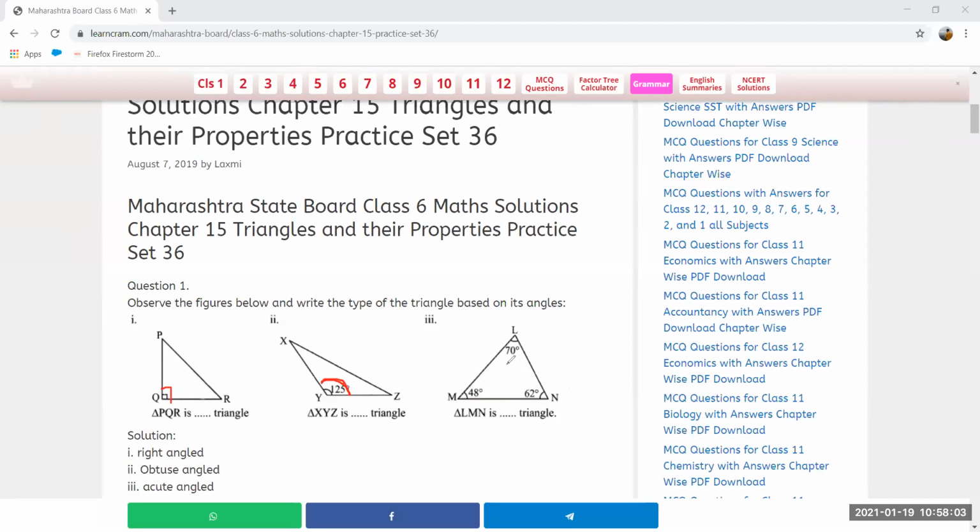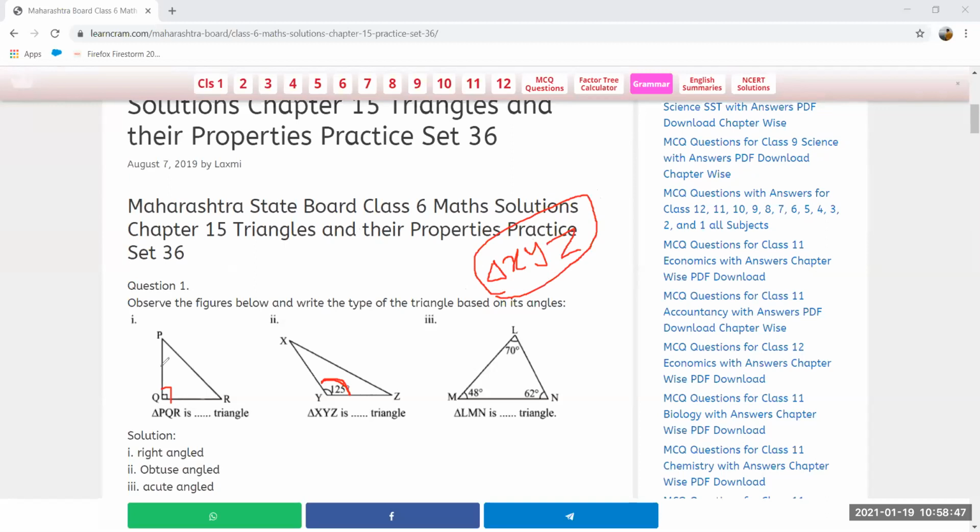Okay. So see students, here this triangle sign, if we say triangle XYZ, तो आपको triangle XYZ लिखने की जरूरत नहीं. You can write the sign of triangle and then XYZ. You can simply note it down like this: put the sign of triangle and then XYZ. So we can say this as triangle XYZ.